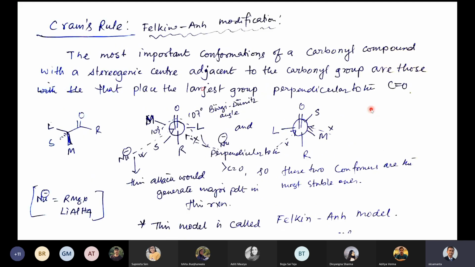And then we said that there is another model which is called the Felkin-Ernst model, which says that the largest group will be perpendicular to this oxygen. Okay, so if it is perpendicular to this oxygen, then the nucleophile will attack in a major contribution where it is attacking from the smallest group, and the minor product will happen where the attack is happening from the medium sized group. Okay, so this attack gives you the major product.